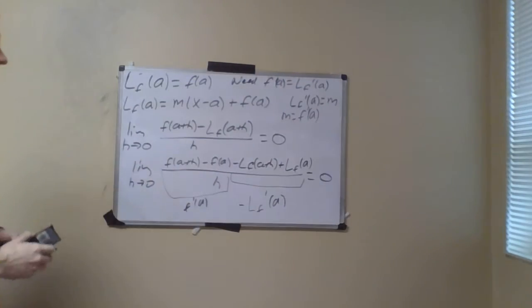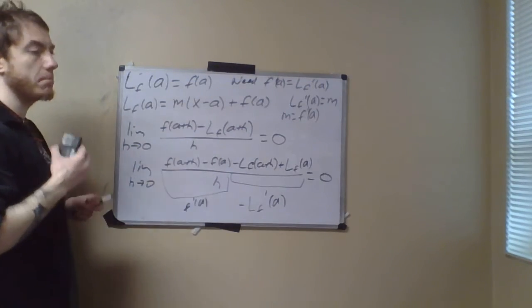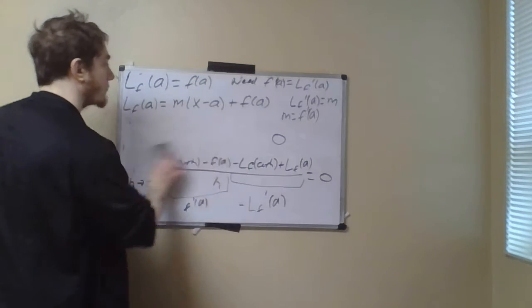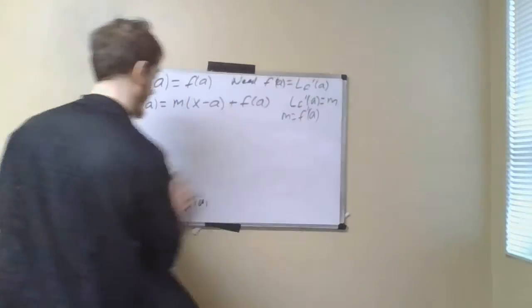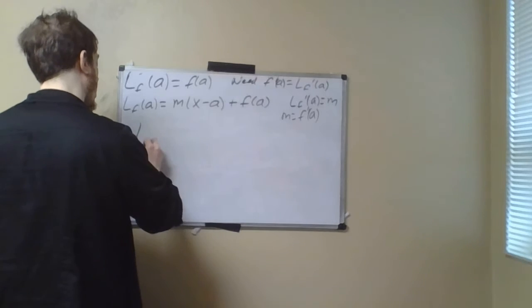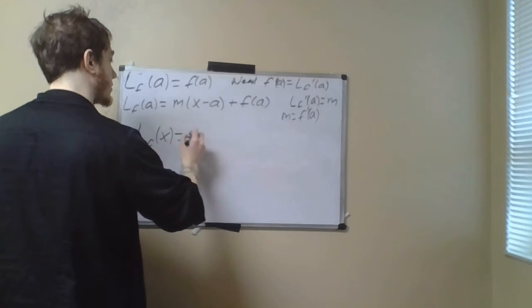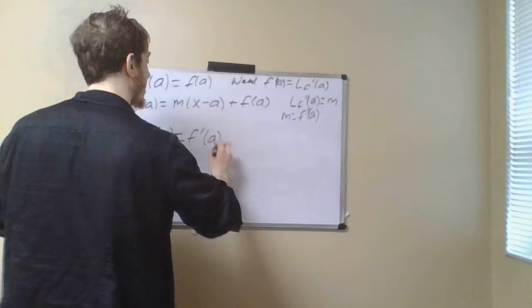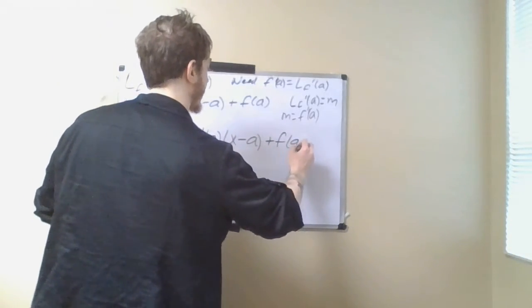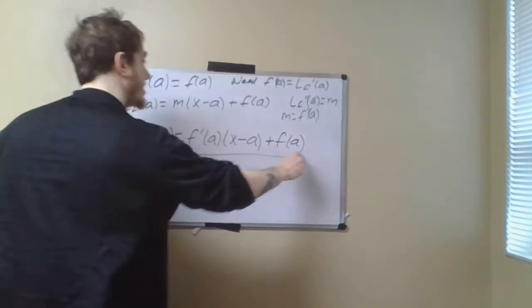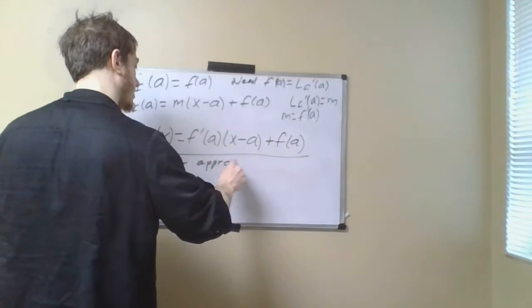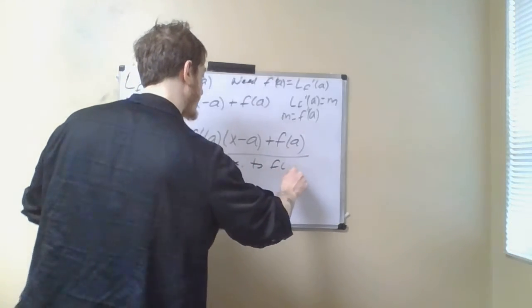So what this tells me is that if I want to get the best possible approximation that I can using a linear function, then what I actually want to do is to write LF of x is equal to f prime evaluated at a times x minus a plus f of a. And this is the linear approximation to f of x